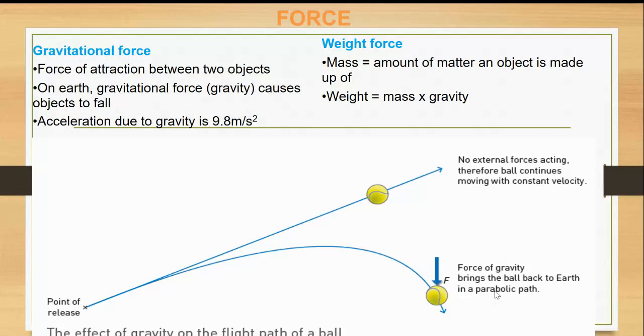Okay, and the other tennis ball shows what would happen if there was no gravity. This ball would just continue on the same straight trajectory that it was thrown. Okay, so as you can see, gravitational force will affect all objects in the Earth's atmosphere due to its gravity of 9.8 meters per second squared. Okay,